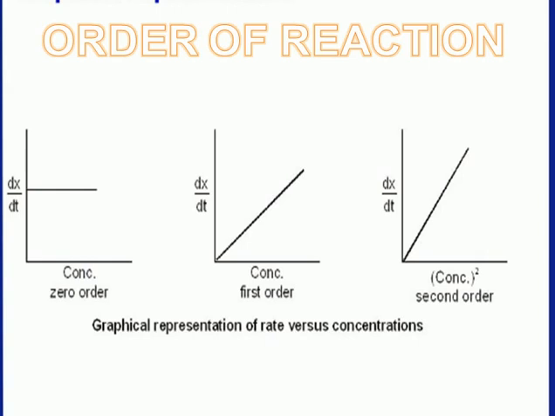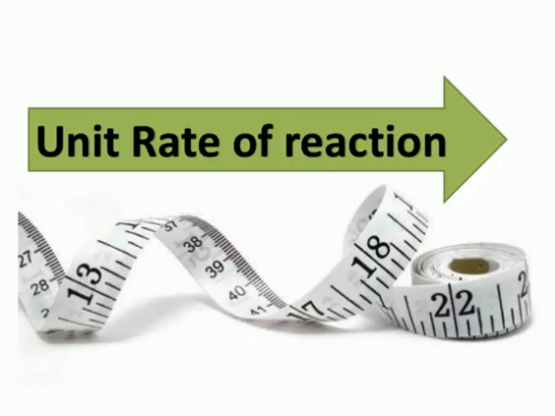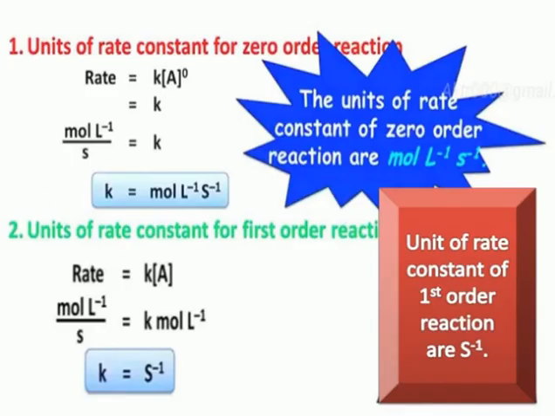Next one is a very, very important concept here. I'm discussing the units for the rate constant. What are the units for the rate constant? Now we are discussing this, very, very important, students. Look at the first one, the rate of reaction for zero order reactions only. Rate is proportional to A to the power of 0, which means the rate is independent of the concentration of A. That's called a zero order reaction only. Anything to the power 0 is equal to 1, no? So k into 1 is equal to k only. So rate is equal to a constant.